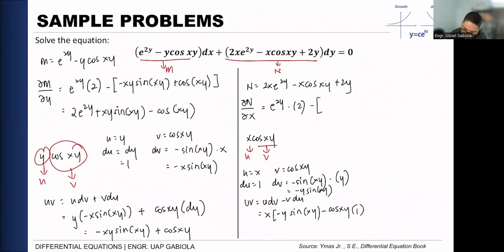So, we have negative xy sine xy minus cosine xy. Okay? Yun yung lalagay natin dito sa taas. xy sine xy minus cosine xy. Okay? Simplify, we have 2e2y plus xy sine xy plus,